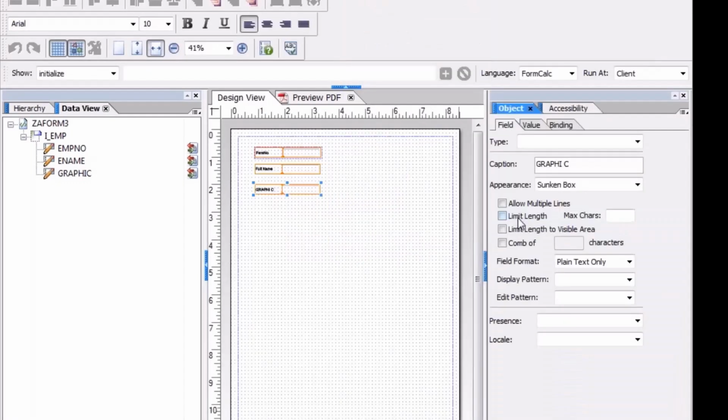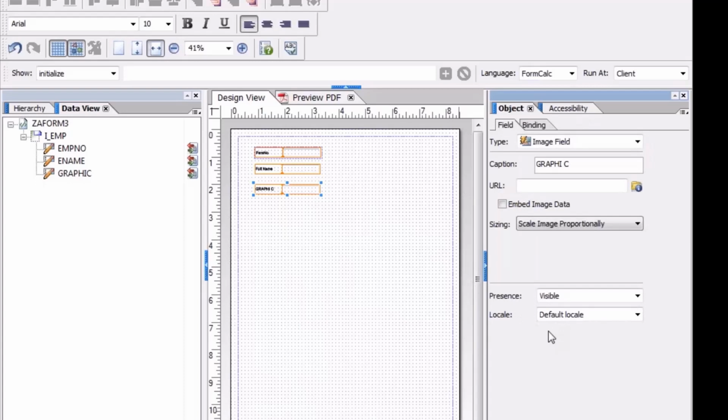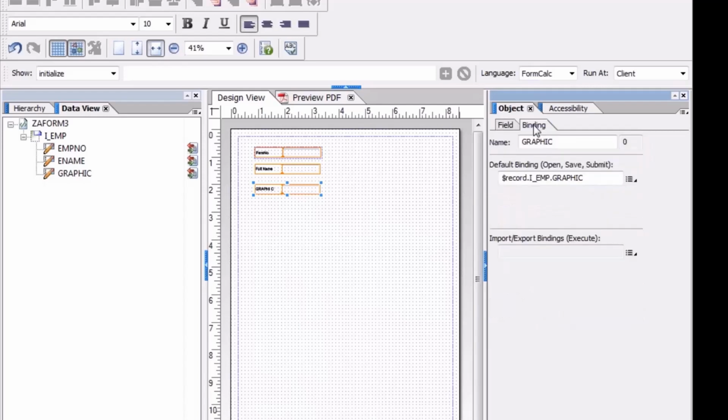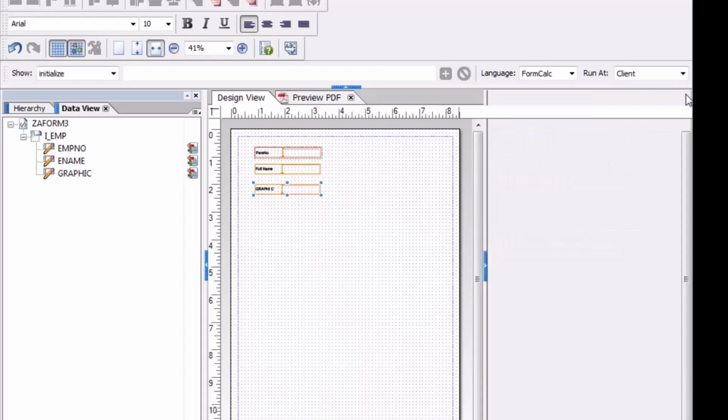Palettes, object, field. I'll take it as what? Image field. Done. Then binding. Yeah, fine. Done.